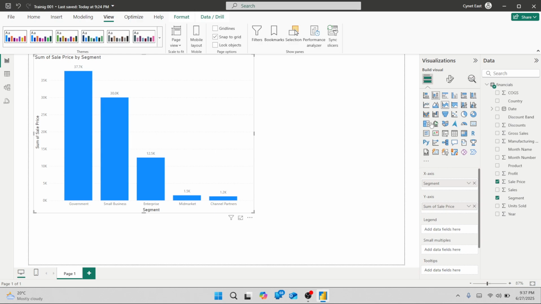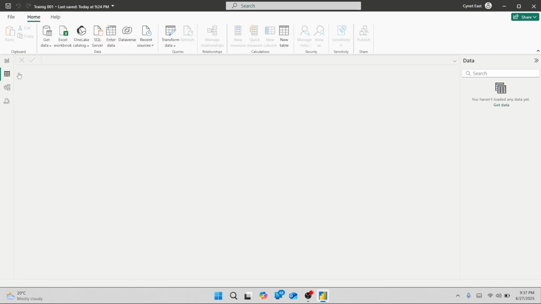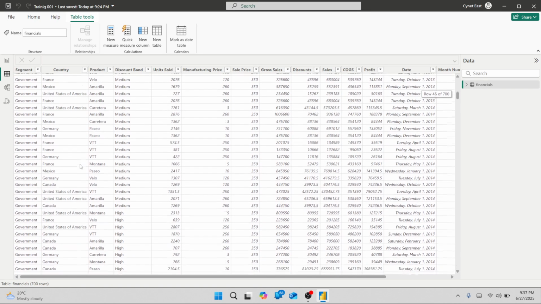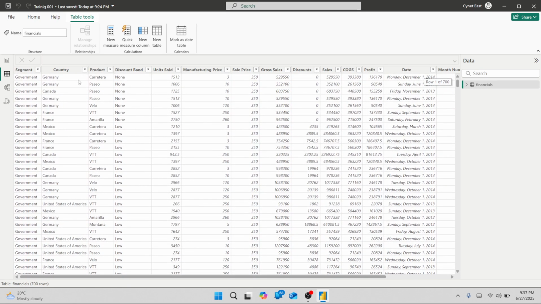So these are the panels that we are having here. Now, when I come back to table view, you realize that on the table view, this is the data set that I'm having. You can see that I have the column name, I have the data inside those columns, and still on the data panel. Now I don't have the visualization panel on the table view because